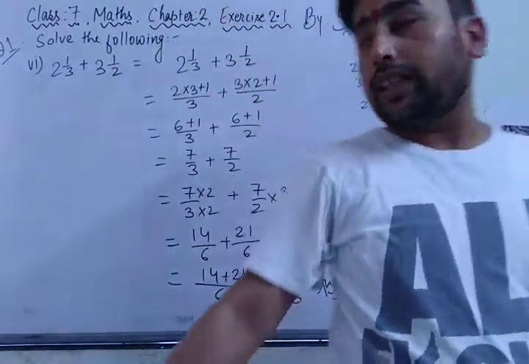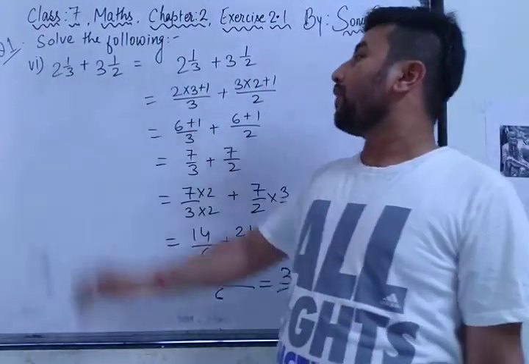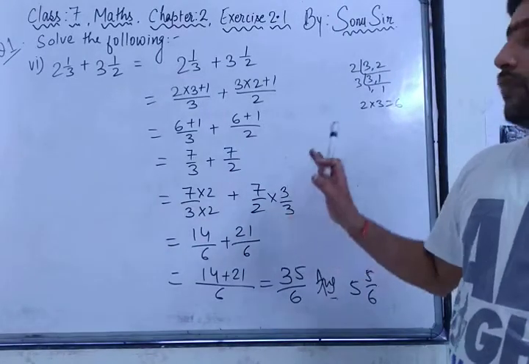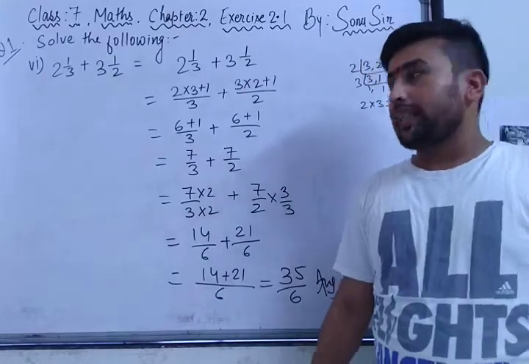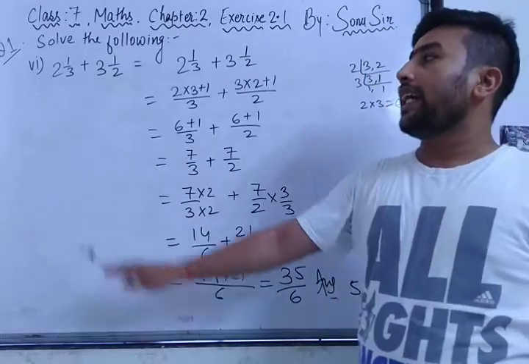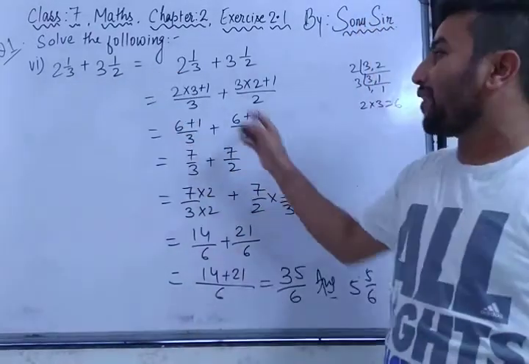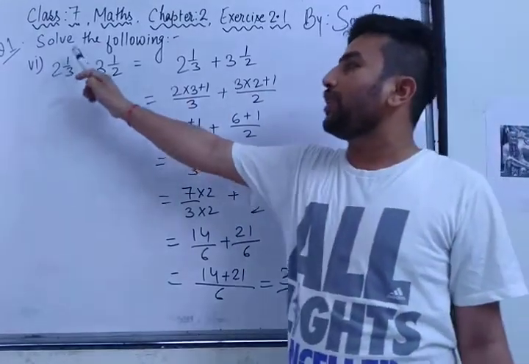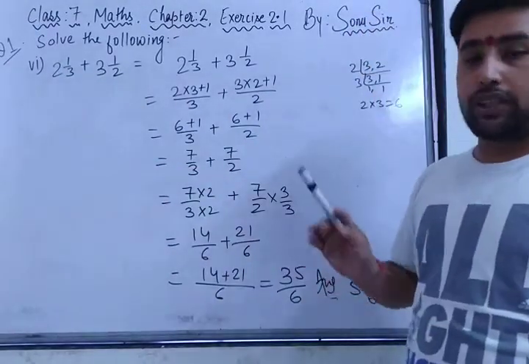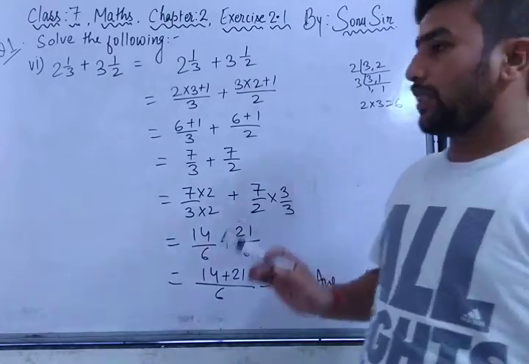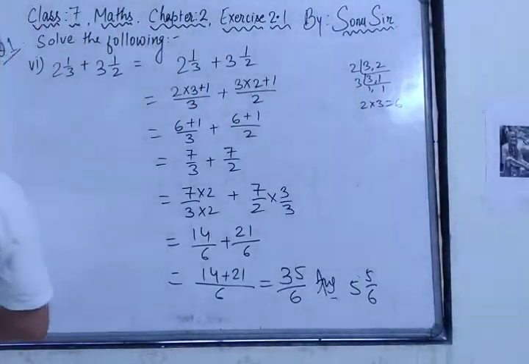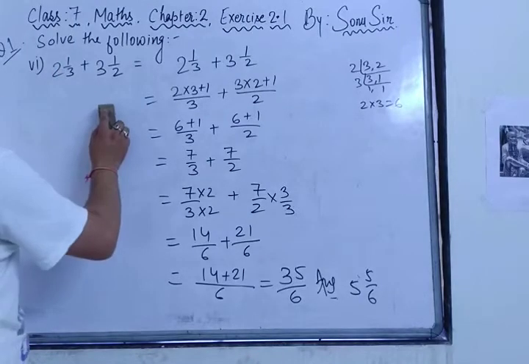And if instead of this 1 it will be 2, then I will solve it again. First of all, solve this question with a peaceful and calm mind, so you will get the right answer. Got it? Here it was 2 and I have written 1 everywhere. So just change the question, 2 into 1 by 3. Now whatever the question is in your textbook, I will solve that question also. Got it? So the answer will be 35 by 6. Okay? Now let's move towards the case where the question is like this.